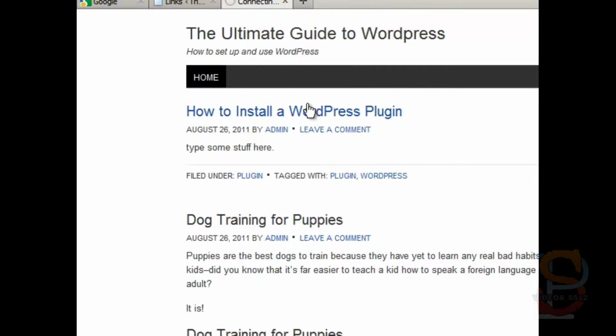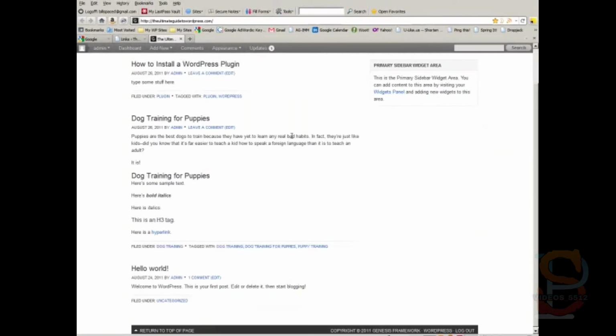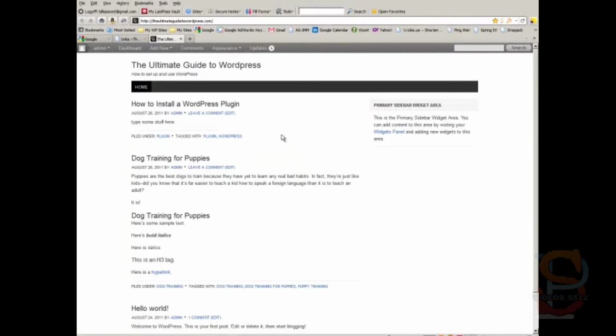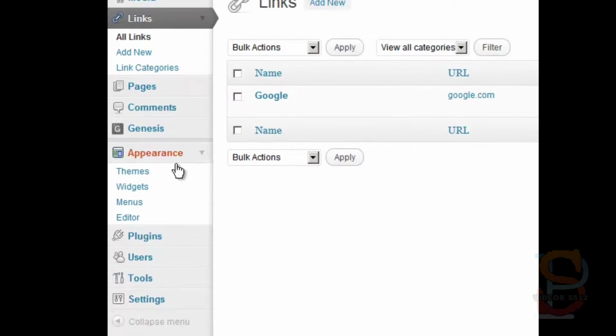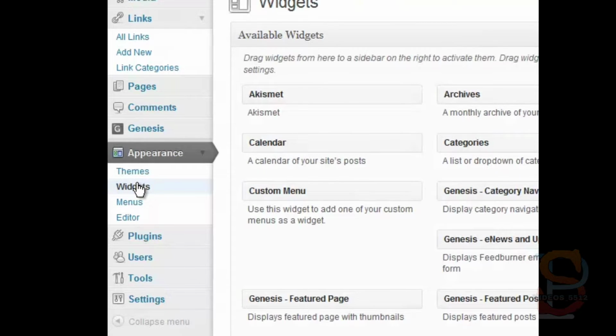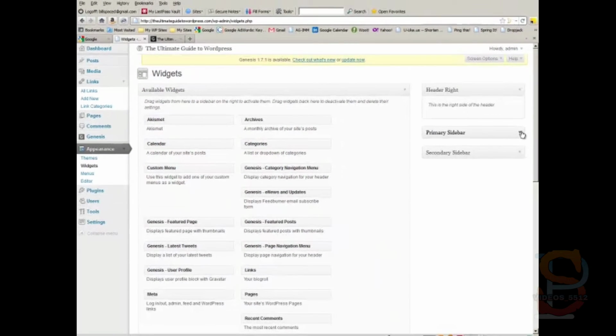Let's go take a look at the links on your site. You're going to notice that you don't see them. What you need to do, and this is going to be shown to you more in depth on a following video, but you actually have to add your blog roll to a widget and your widget to your sidebar. So click on Appearance, go to Widgets, click on the primary sidebar, and all you do is drag your links over here,